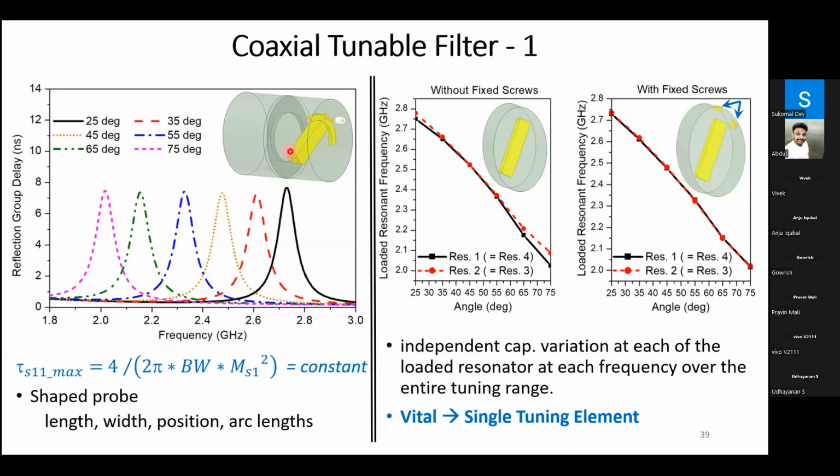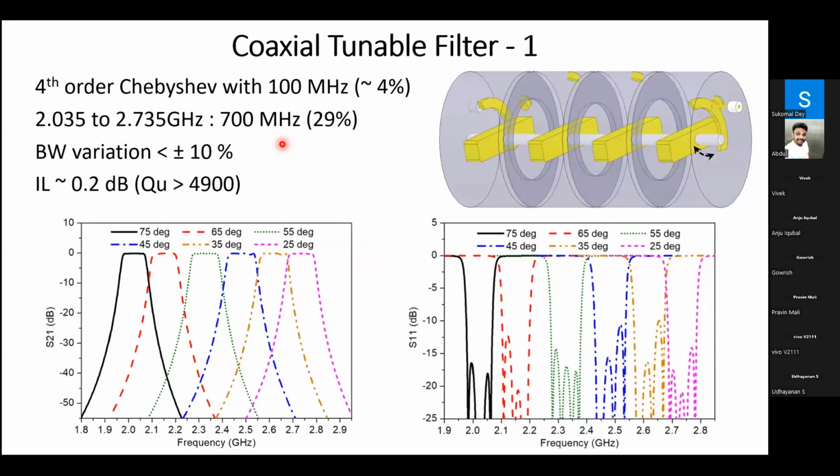So we then assembled the entire filter. Here we didn't face any spurious problem because this works in the TEM mode. So we were not facing the spurious of the waveguide mode coming into the picture. This is a 4th order filter we have assembled using the input output probes and the elliptic iris openings